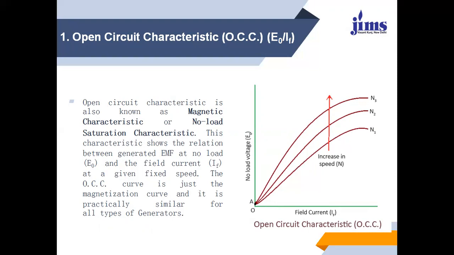As we discussed in the previous lecture, the no load EMF is there because whenever we start the generator without doing anything, some EMF is built up, and that EMF is already stored within the generator. As we know, in the hysteresis loop there is some saturation EMF and some residual EMF. That EMF is also exhibited whenever we perform the OCC characteristics in a DC generator. And this curve will start from this point.